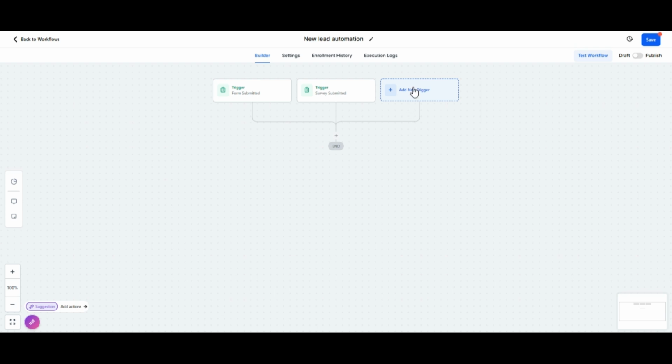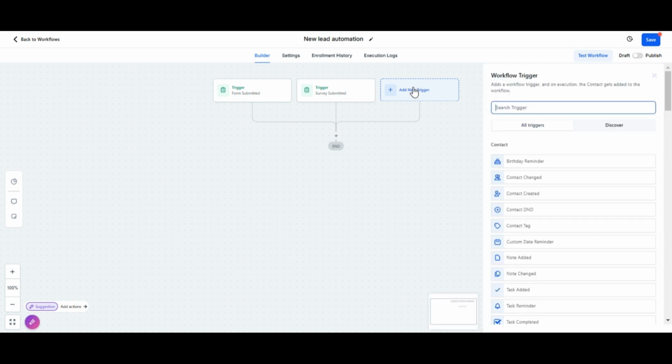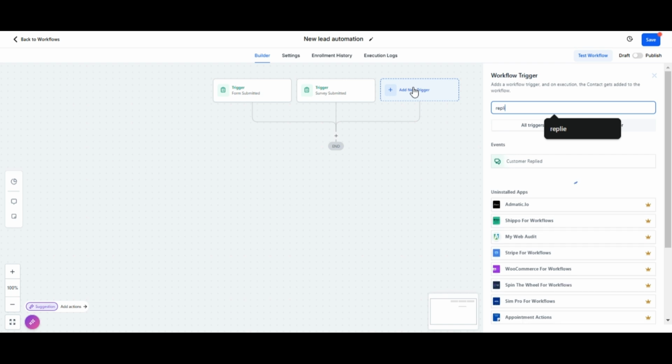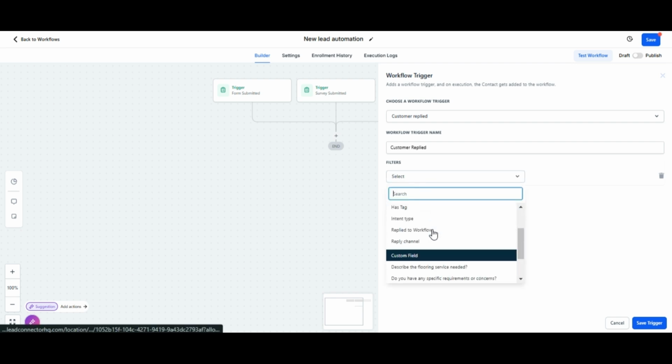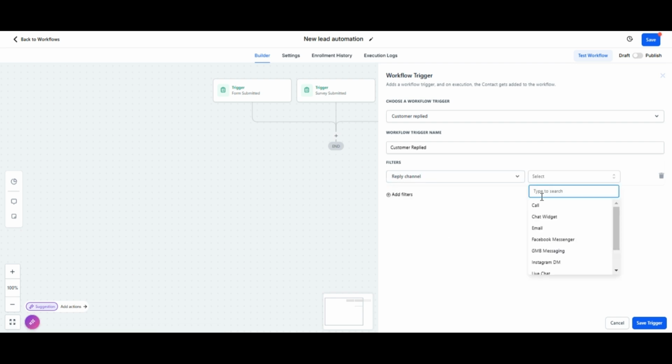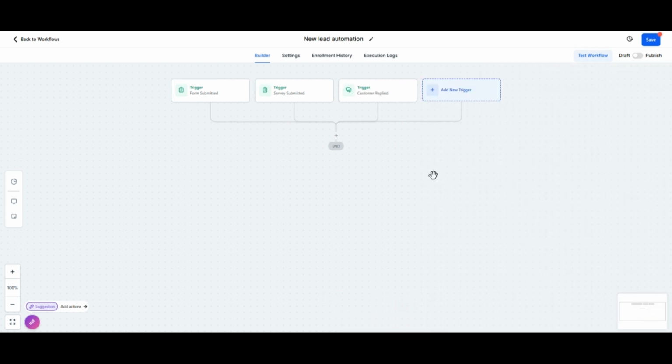Our third trigger will be chat widget, and for that we will select customer replied, and in filters we will select reply channel as chat widget, and then again we will save this trigger. So we have added 3 triggers for our new leads. You can add more triggers if you have some other sources of the new leads, and once you have added all the triggers, then we will move on to the actions that will be executed when these triggers start